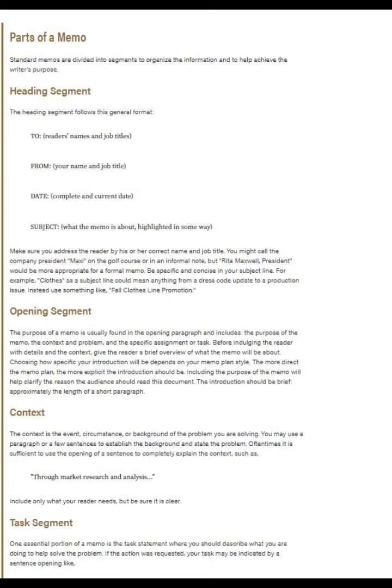Task segment. One essential portion of a memo is the task statement, where you should describe what you are doing to help solve the problem. If the action was requested, your task may be indicated in a sentence opening like